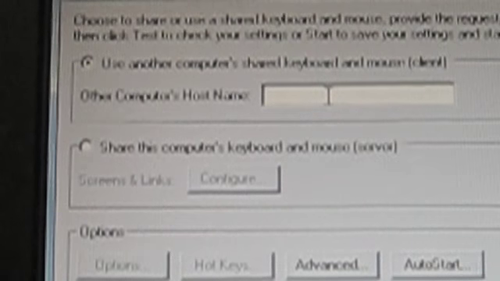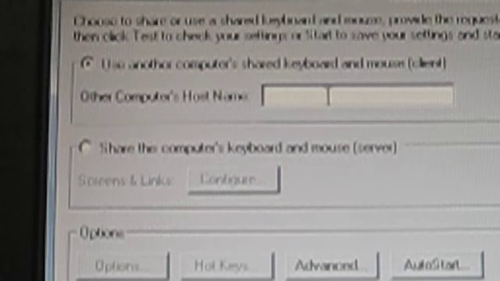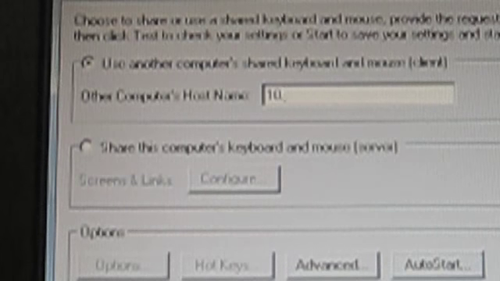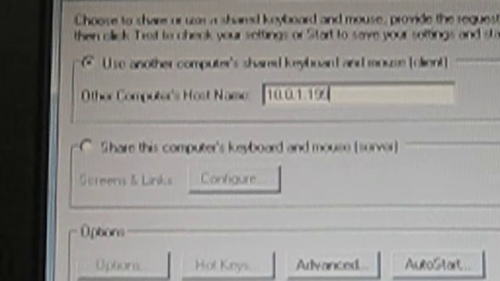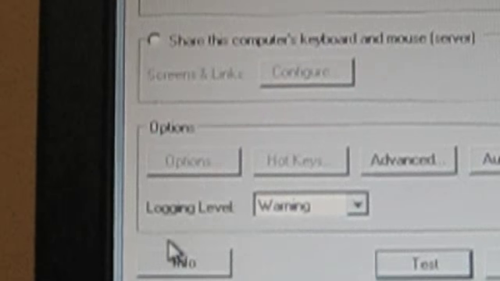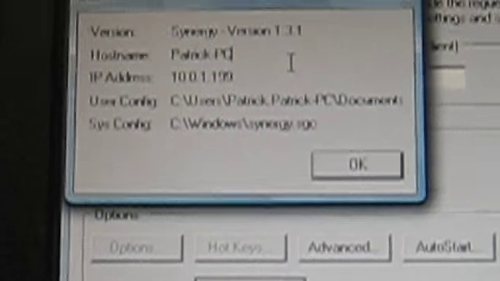So, remember the local IP address that we figured out for the Mac? Go ahead and enter that here. So, in my case, 10.0.1.199, and now we need to figure out what this computer's name is. So go ahead and click the info button, and the host name for this computer is Patrick-PC, so go ahead and write that down. And now go over to your Mac again,